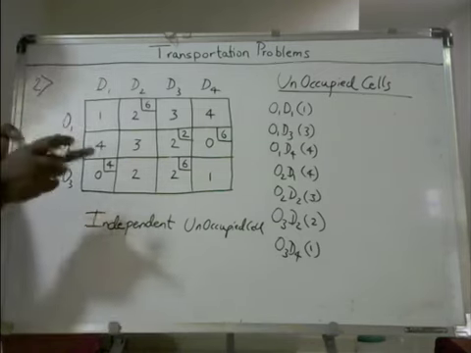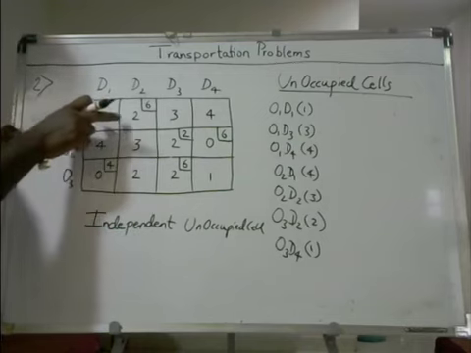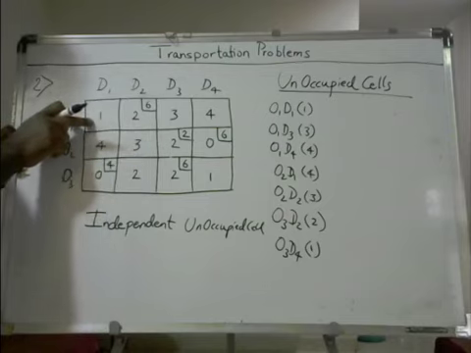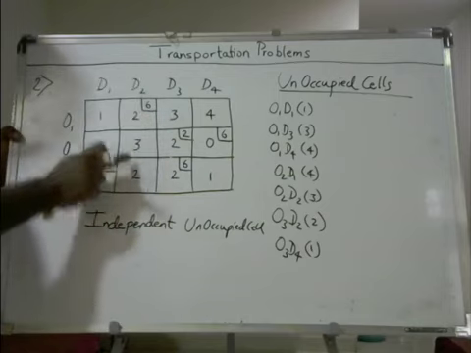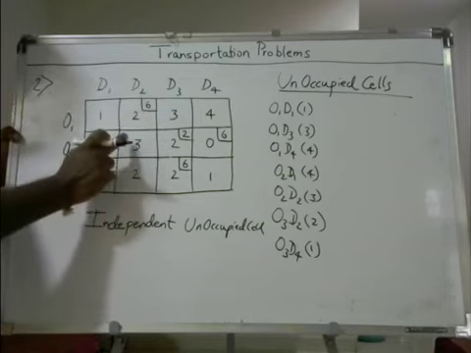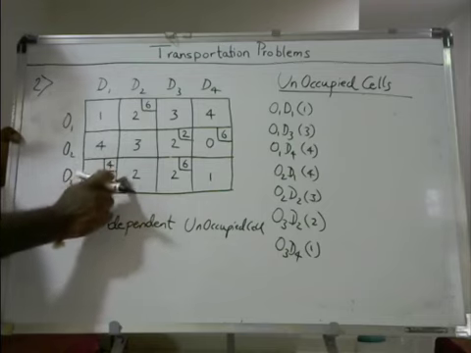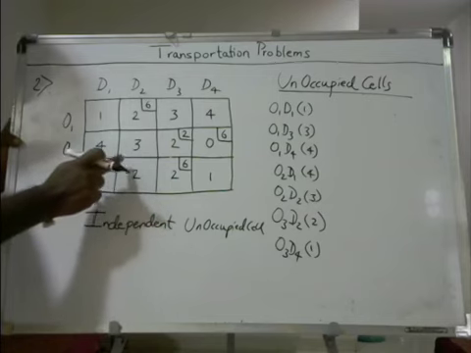Now how do we find whether a closed loop exists or not? We have to start with the unoccupied cell. We can take a 90-degree turn at the occupied cell. Let's say we are going like this. We can take a 90-degree turn like this. But once we take a turn here, there are no other occupied cells here, because of which we cannot take a right or left turn here.